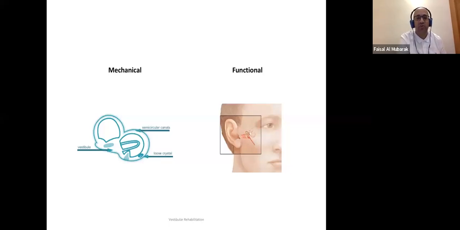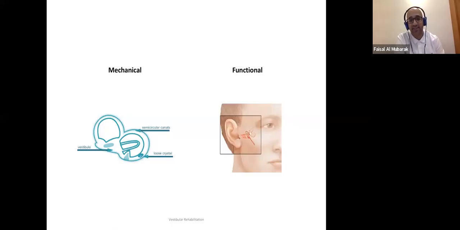Then, once we treat that cause, we move on to know exactly if the functionality needs to be regained or not. All right. So the mechanical problem